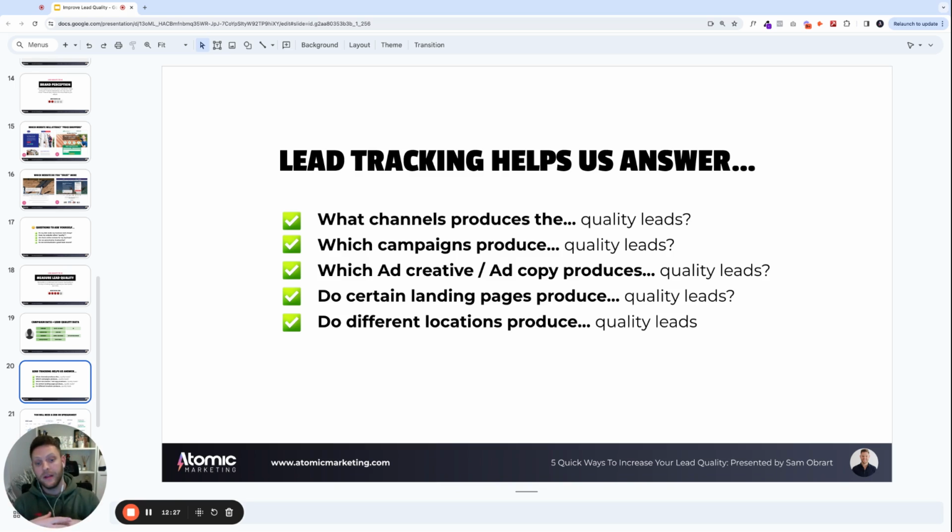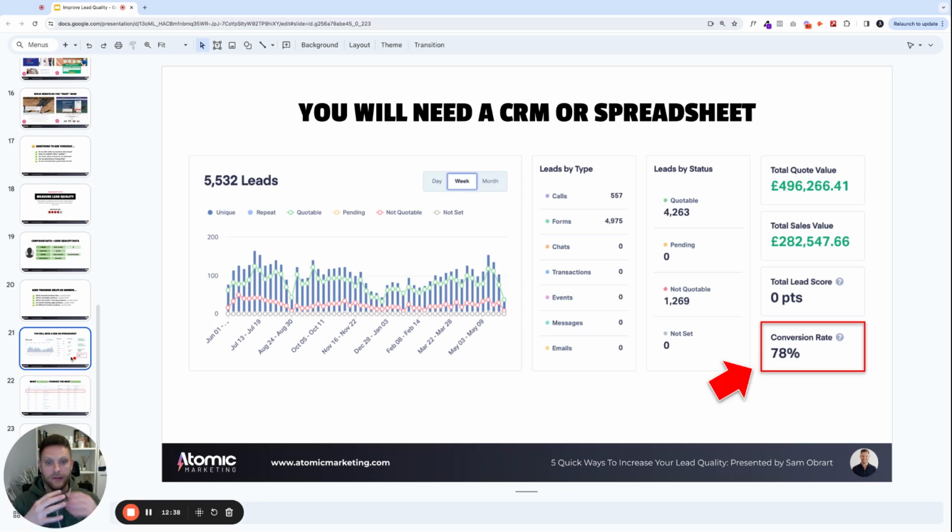Do certain landing pages produce better quality of leads? The different locations. And this list goes on and on. Time of day, you can get very granular with this. And there are certain lead attribution softwares that you can go out and get, which make the whole process a